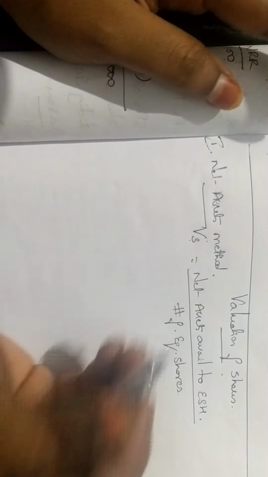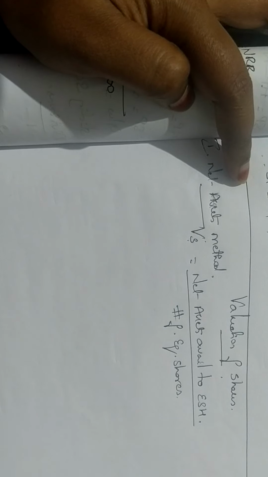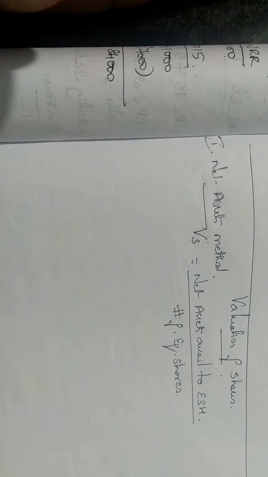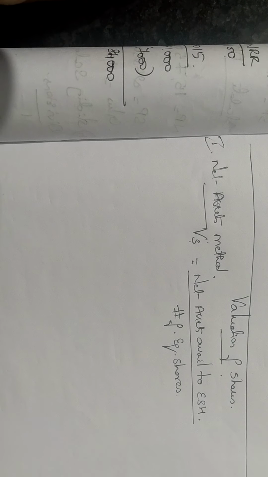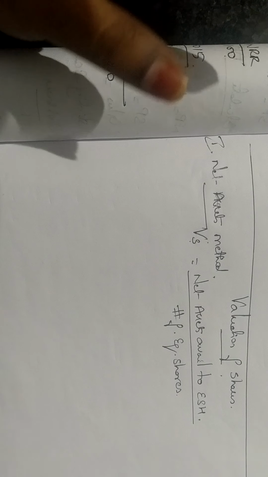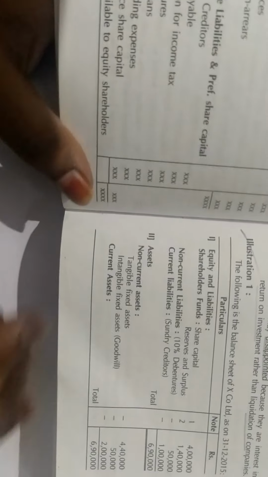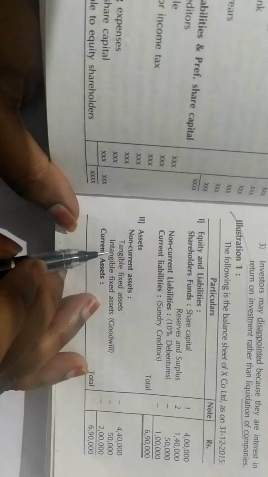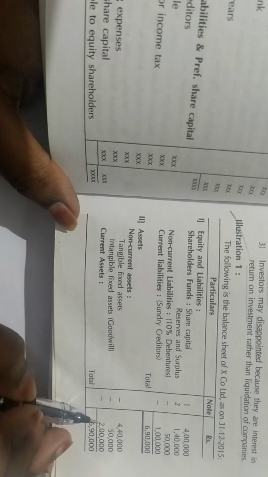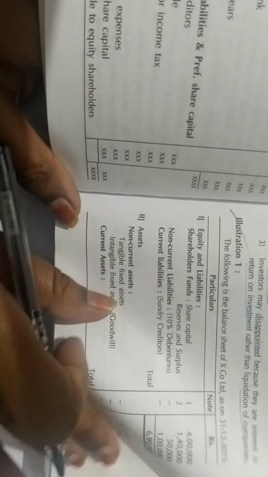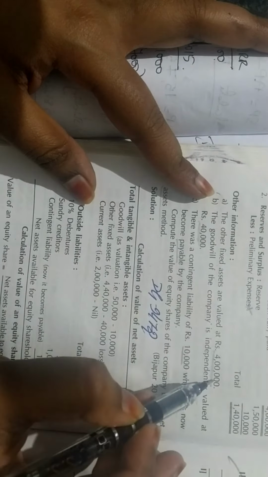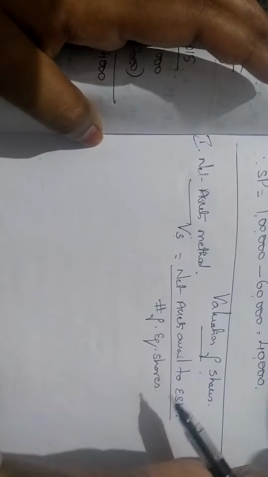So let us calculate the net assets. The net assets calculation format I have given you. Basically net assets is all the assets minus your liabilities, and a few assets you should not take, a few liabilities you should not take. So as per the format, I am going to write all the assets. If you look into the balance sheet, I will write tangible assets, then I will write intangible assets, as well as current assets. All these assets should be written, but they have told us fixed assets should be taken at 4 lakh, goodwill should be taken at 40,000. So this is going to represent my market value.